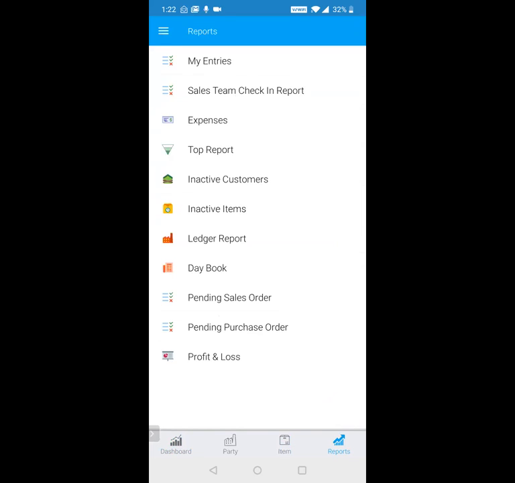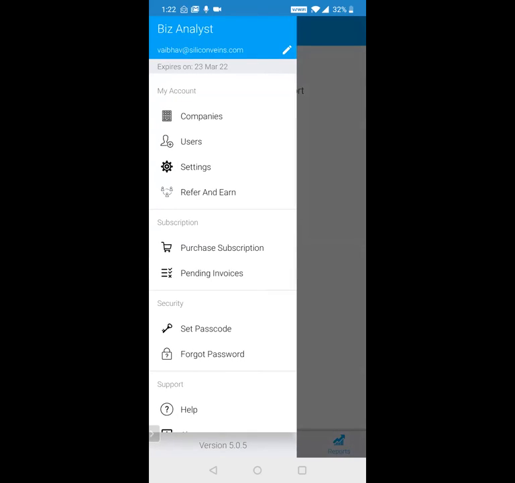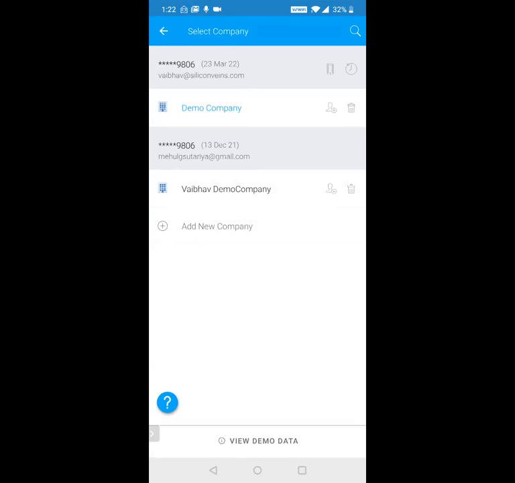Okay. Next is if you click on this menu icon, if you're using an iPhone, it's in the more section. In companies, I can view data of all the companies that I've synced from the mobile application. And if you have multiple locations, let's say you have one location in Mumbai, one in Pune, you can also get data of both the locations in a single mobile app. Okay. And you can define users by location as well and by company as well. I'll show you what I mean by that.